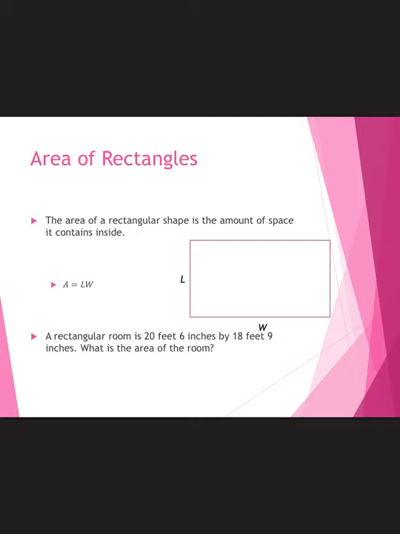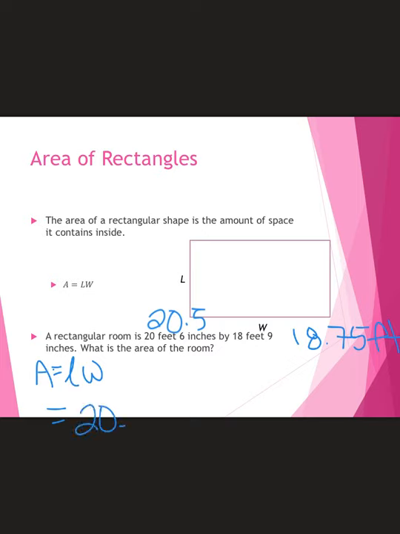Here we have a rectangular room, 20 feet 6 inches by 18 feet 9 inches. What is the area of the room? So remember, we're going to do area is length times width. And this is just like that problem for the perimeter. So this is going to be 20.5 feet and 18.75 feet. And we're going to be able to multiply. So 20.5 times 18.75. And if you put that in on your calculator, you should get